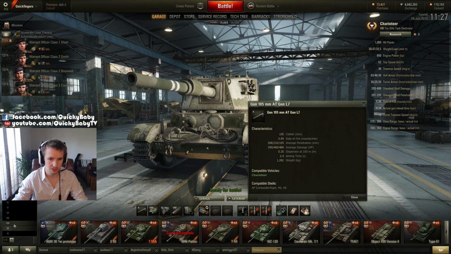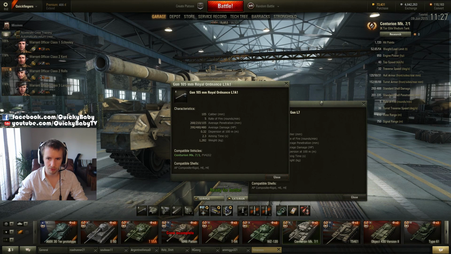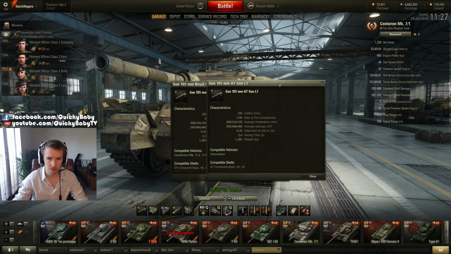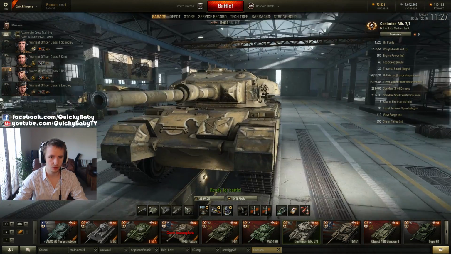However, when we look at the Centurion 7.1's gun, we can clearly see that the rate of fire on it is unexceptional. The rate of fire on the Charioteer's gun, which is a whole tier lower than the Centurion 7.1, is 20% higher DPM. Without sacrificing any penetration, any alpha, a little bit of accuracy down to 0.35, and a tiny bit of aim time down to 2.4 from 2.3. Still, to have this great performing